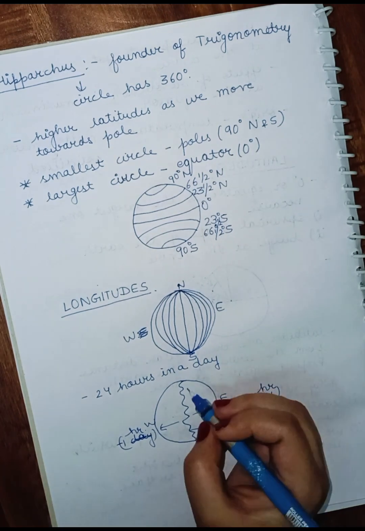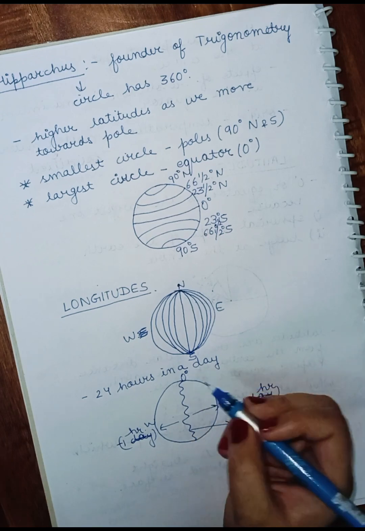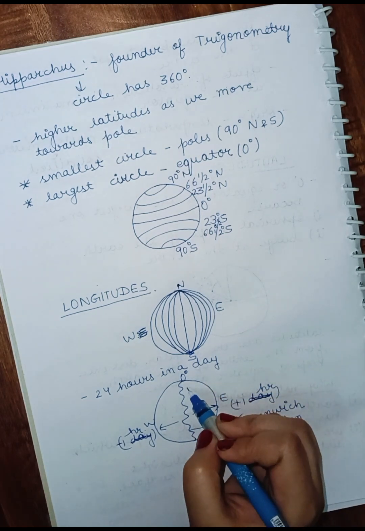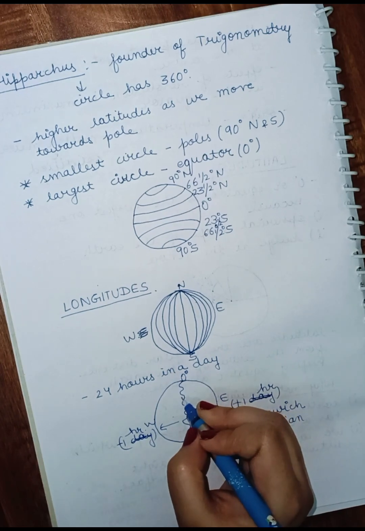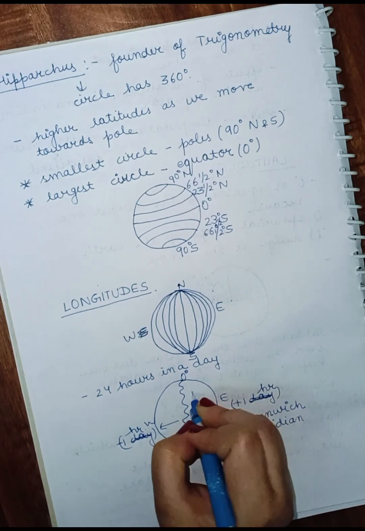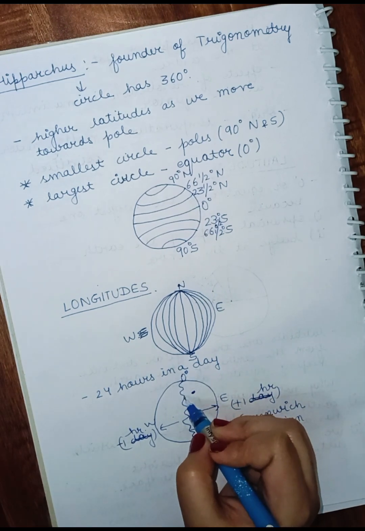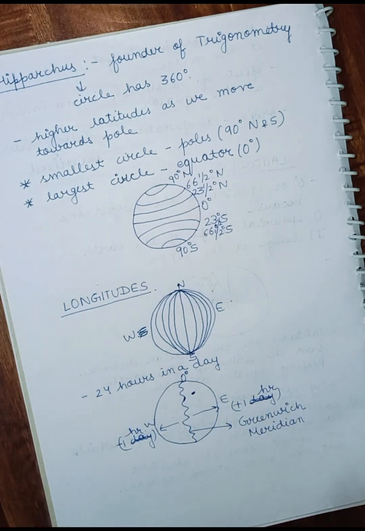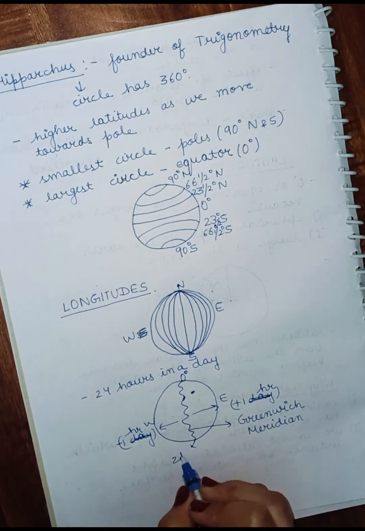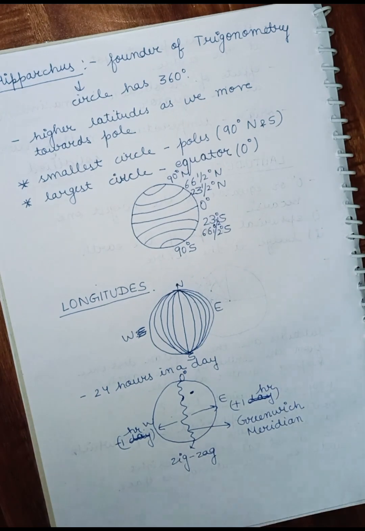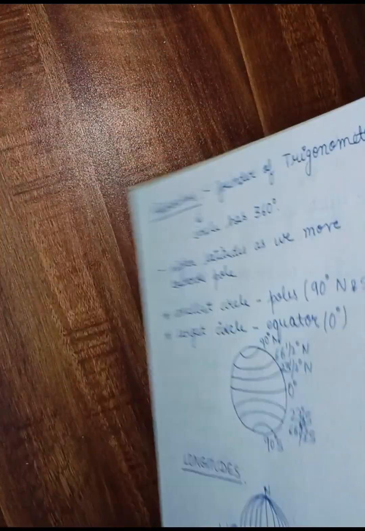Why is it in a zigzag shape? Because when we divide the Earth at 0 degree, there are some islands of a country. If an island comes onto this place, then there will be a different time zone for the mainland and the island. So the Greenwich meridian does not pass through any land. It is completely on the ocean. It's a zigzag line. Just 24 hours. Then we will study about the seasons.